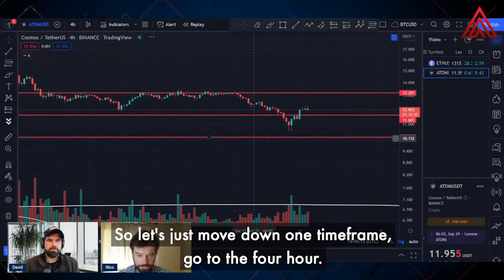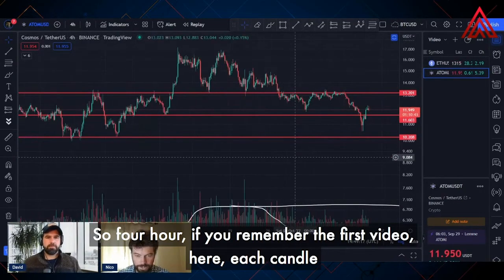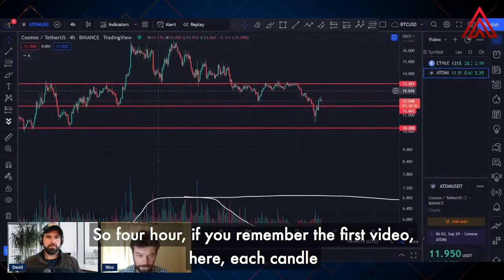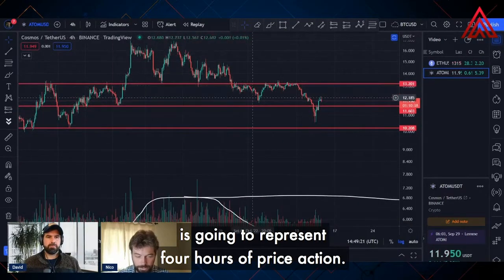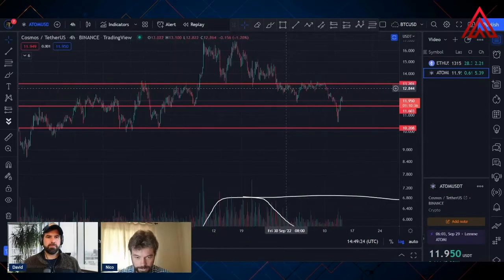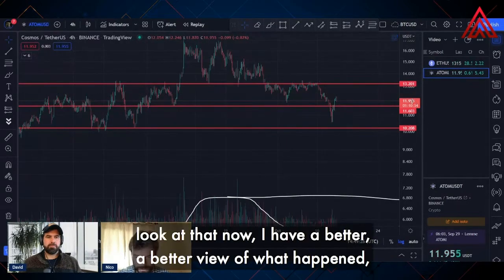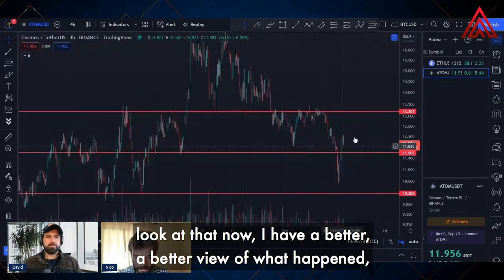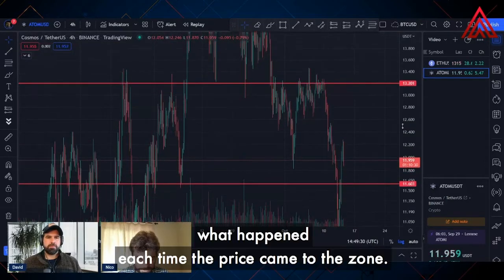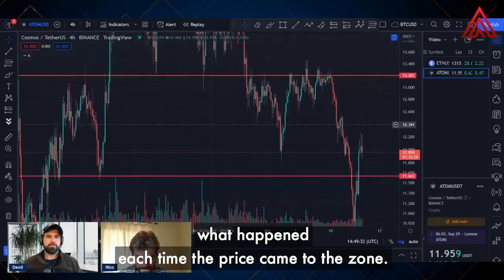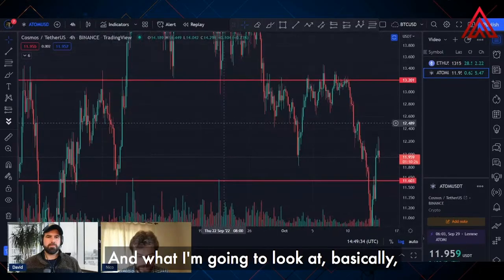frame, go to the 4 hour. Okay. So 4 hours, if you remember the first video, each candle is going to represent 4 hours of price action. Okay. So if I look at that now, I have a better view of what happened each time the price came to this zone. Okay. And what I'm going to look at,